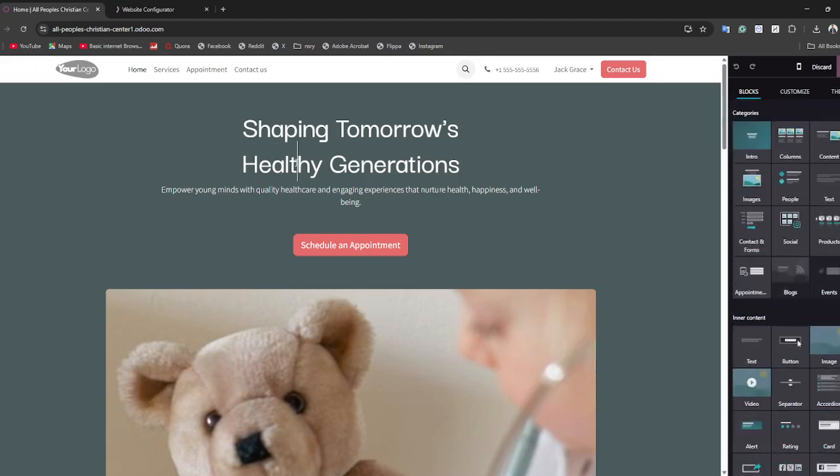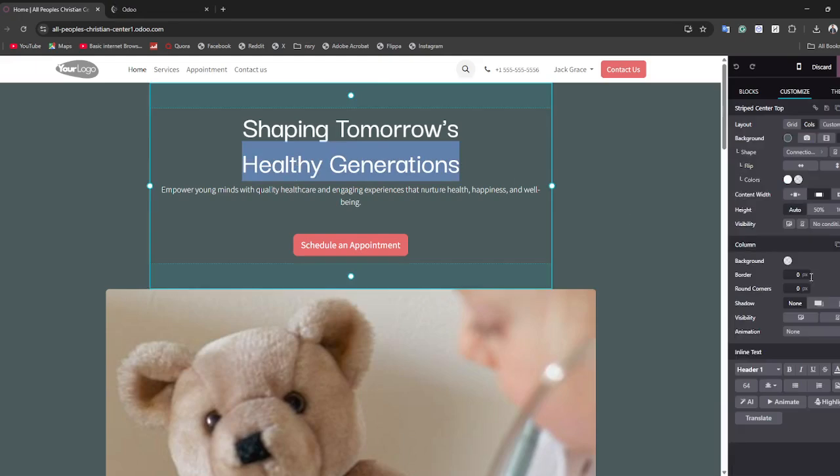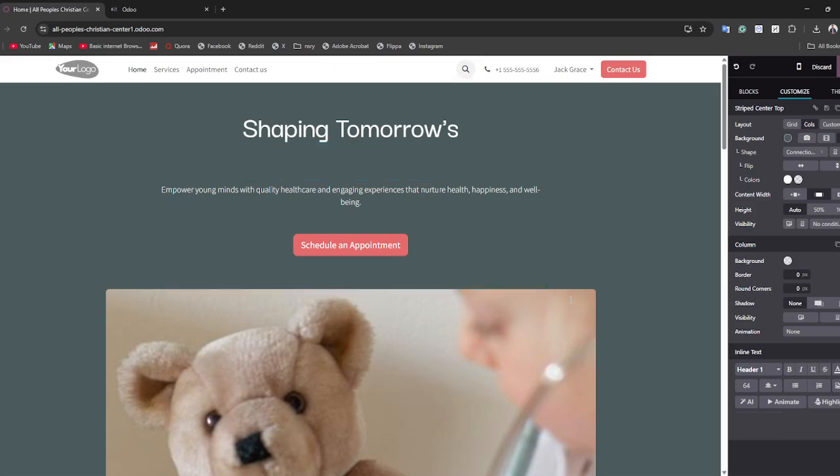them. For example, I want to edit this text, healthy generations. So simply I'm gonna delete it and I'm gonna type healthy kids. Okay, now okay, there's a spelling mistake. Wait, okay,